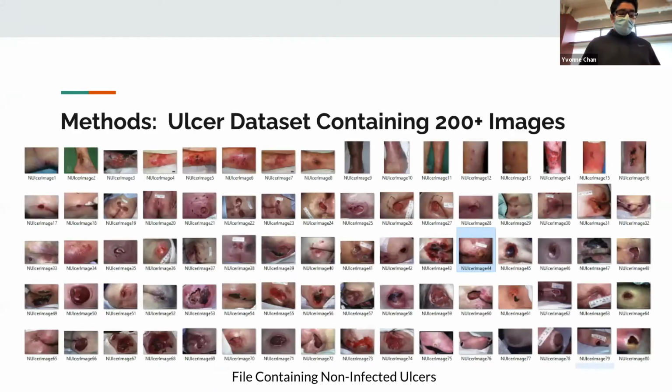For any AI, there needs to be some sort of data set to input data to help generate an algorithm. The data set used was compiled by myself and my mentors. We gathered images using a combination of online databases and databases provided by the Palo Alto Medical Foundation in California. Two separate folders were created, each with around 100+ images of either infected or non-infected ulcers. Due to the scarcity of ulcer data sets, this was compiled by hand, and I'm currently working on collaborating with the Wound Care Center to acquire more images for a bigger data set.